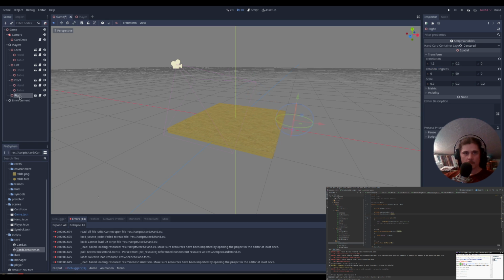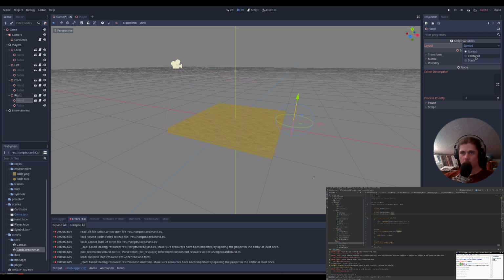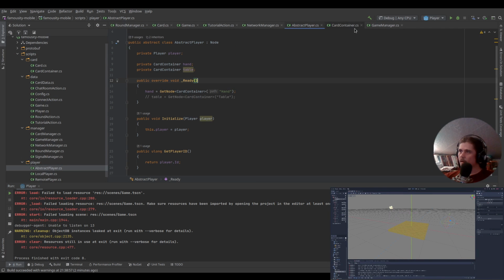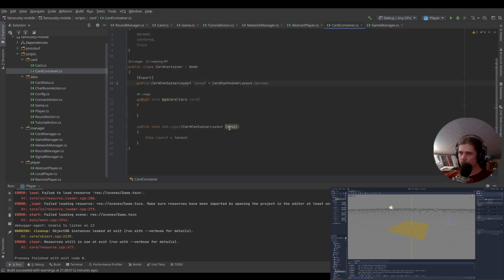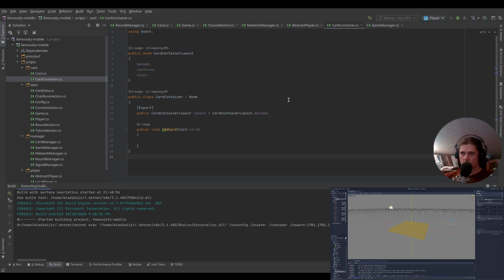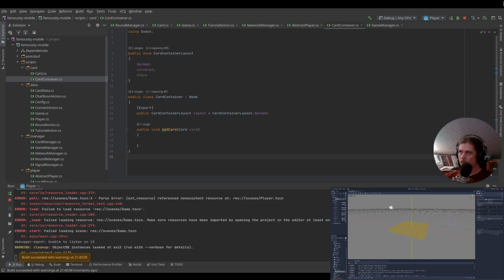Centered. Let's do the same for this one. Centered. And the local hand should be spread, that's fine. Okay. Am I missing anything here? I don't think so. And we can also get rid of the set layout method here. Okay. One more thing, I wonder if I can use